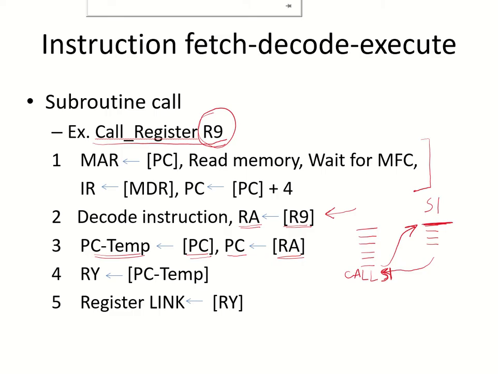In the fourth stage, from one interstage register, it will be passed on to the other interstage register, so that it can be written back into the link register, which is also available in the register file. So from RY, it will go into the link register, which is one of the general purpose registers in the register file, and this will be taken care of in stage 5. So I hope all these examples will help you figure out what all operations are involved in each stage of a 5-stage organization.